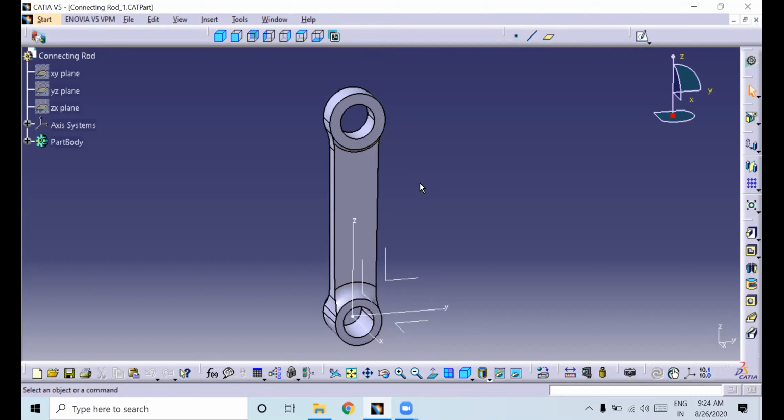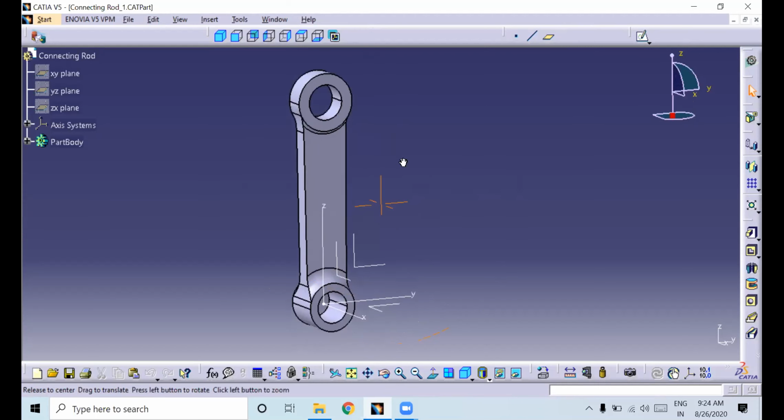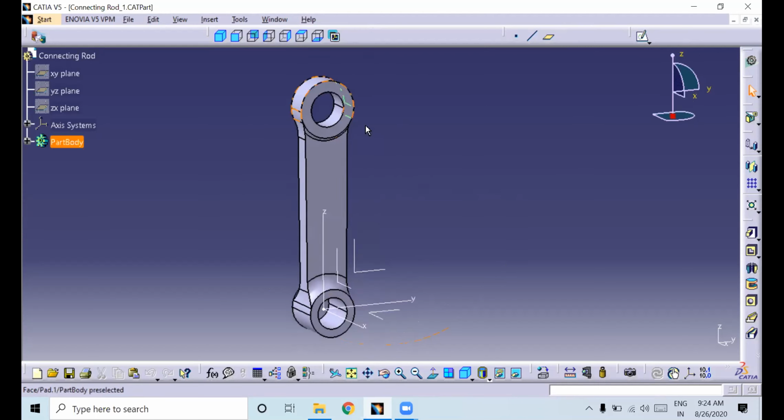You know the strokes of an IC engine, right? One thing you need to understand is the loading condition and boundary condition of this connecting rod. One end is connected with the crankshaft, another end is connected with the piston.